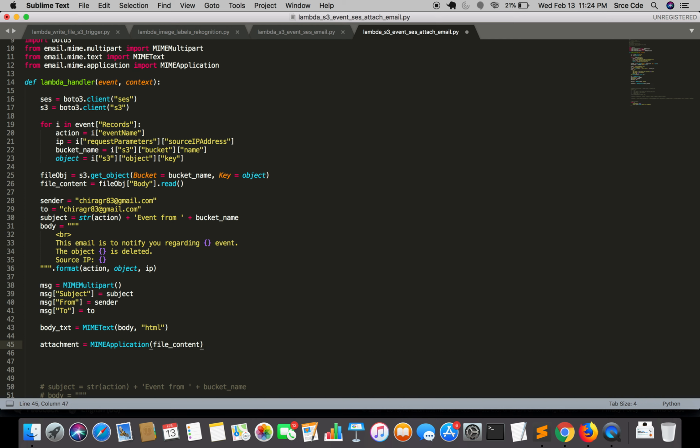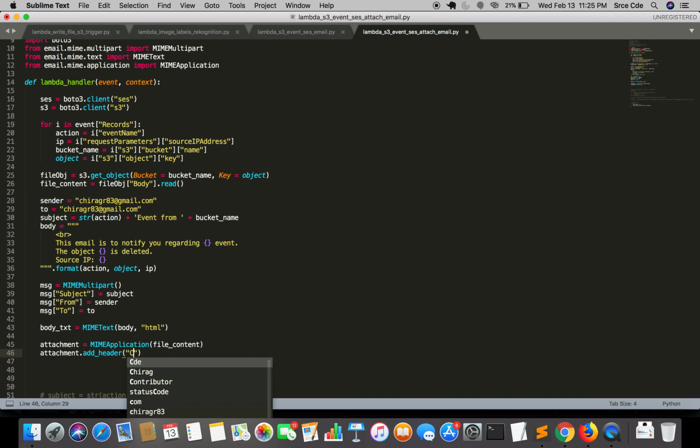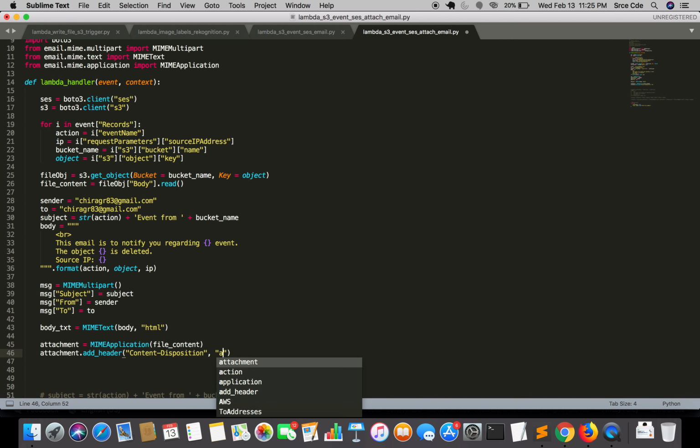So once this is done, we need to define the header, right, so that will be attachment.add_header, followed by the Content-Disposition, right, another parameter will be attachment,